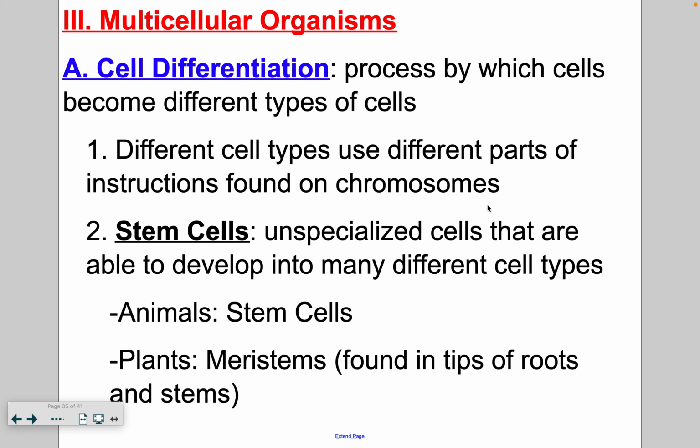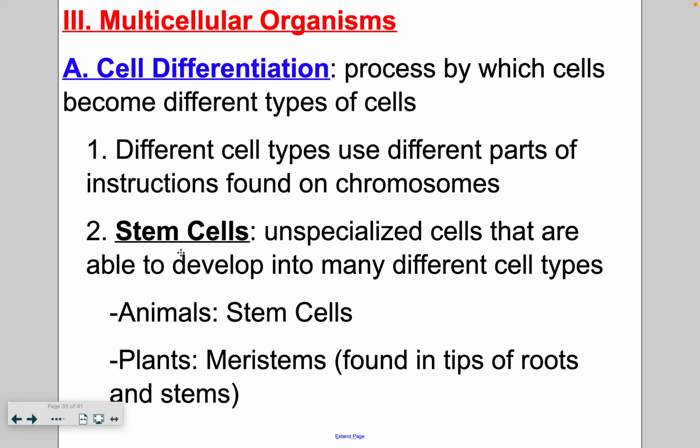To me, this next statement is mind-blowing. Every single cell inside your body basically has the same DNA. Okay, so you have 46 chromosomes. Every single cell has the same DNA, but they only read certain parts of that DNA to become the cell that they are. So skin cells are reading a certain gene, and a muscle cell is reading a different gene. You can think of your DNA as like a recipe book. It's filled with all these different recipes, and the recipes are basically the different cell types.